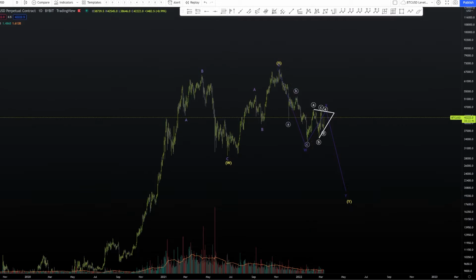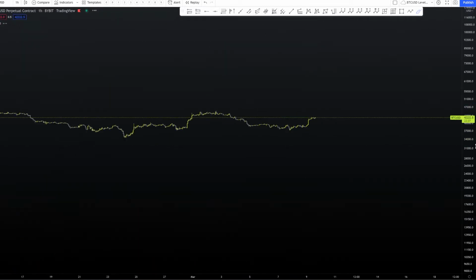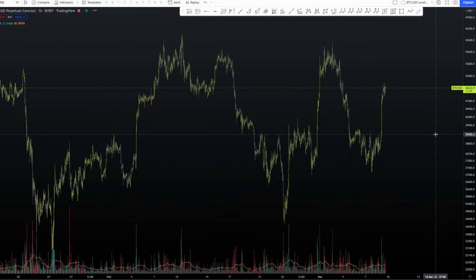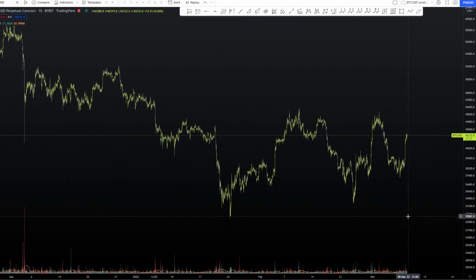I'm going to hide these counts. I'm going to show you guys what we're looking at in more of the local time frame in this section right here. So let's go ahead and zoom into the 1-hour chart. And the two counts that I'm going to go off of, I'm going to show you guys a bearish count and a bullish count. I'm going to start out with the bearish count today, and that's going to be looking like this,